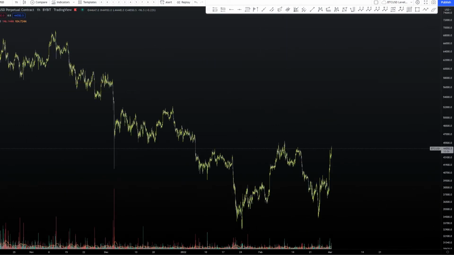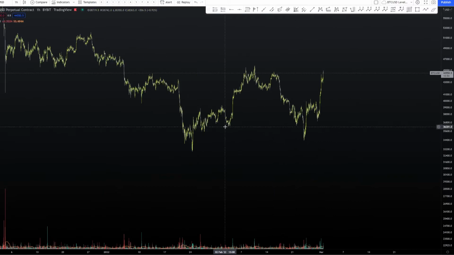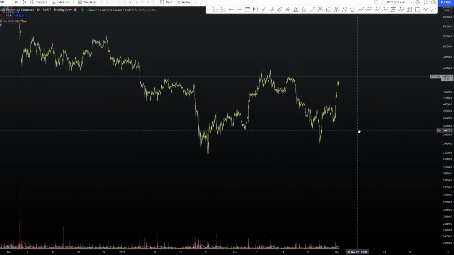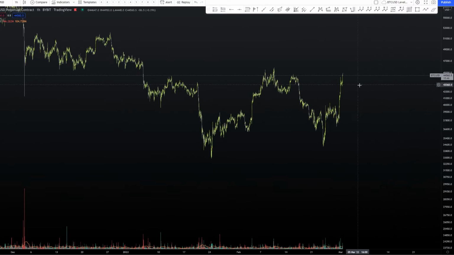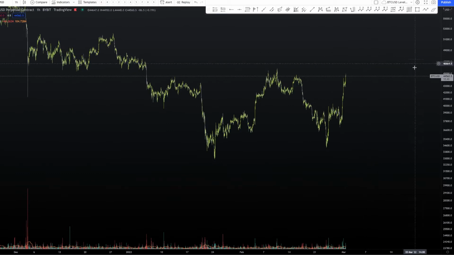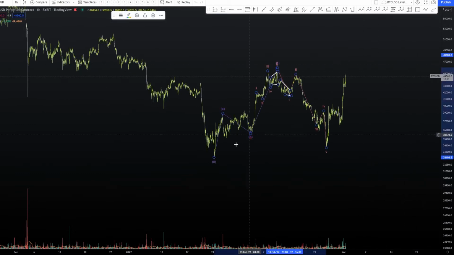You know, what we could be looking at. Let's hide the triangle for now. I already kind of showed you guys what we could be looking at off these lows. I'll go through them really quickly. I don't want to spend too much time on them in this video because I already went over them yesterday. But basically what we're looking at could be an ABC, where this is all an ABC up here